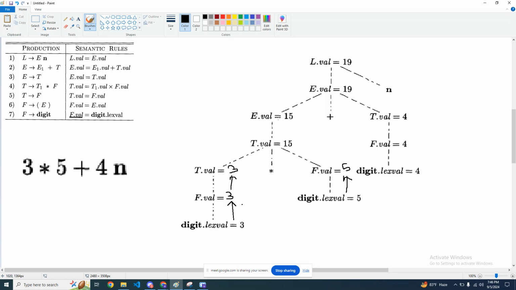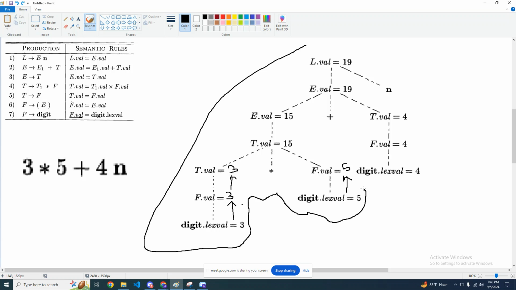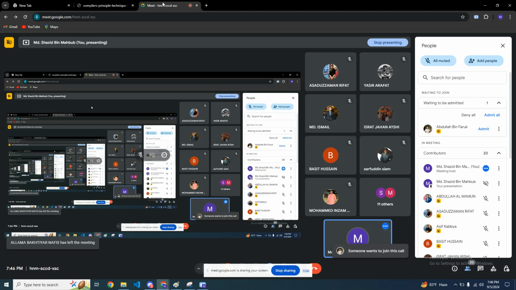Now, if you again traverse, our next node will be this node, right? T dot val. T dot val will be our next node. To calculate T dot val, we need to figure out